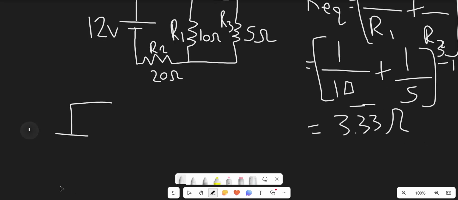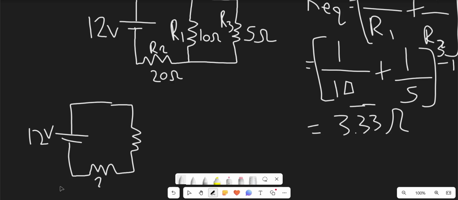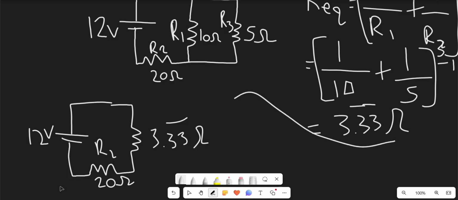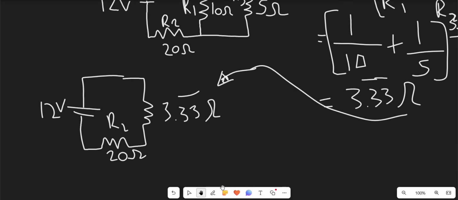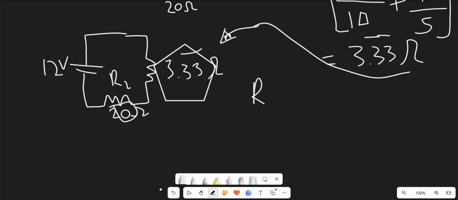So here's the 12-volt battery, and then we have two resistors this time since we eliminated one of the resistors from our first attempt. So this is going to be resistor 2, which still remains 20 ohms, and then this is going to be 3.33 ohms, which is the equivalent resistance we found from over here, and that represents R1 and R3. So from here on out, it's very simple. We simply add these two values together. So that should give us a total resistance of